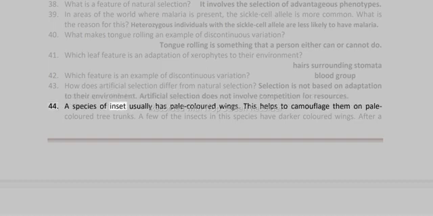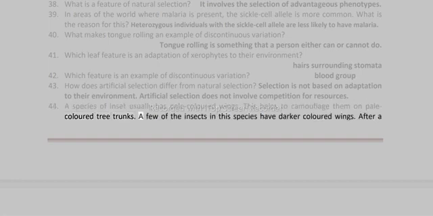Question 44. A species of insect usually has pale-colored wings. This helps to camouflage them on pale-colored tree trunks. A few of the insects in this species have darker-colored wings. After a